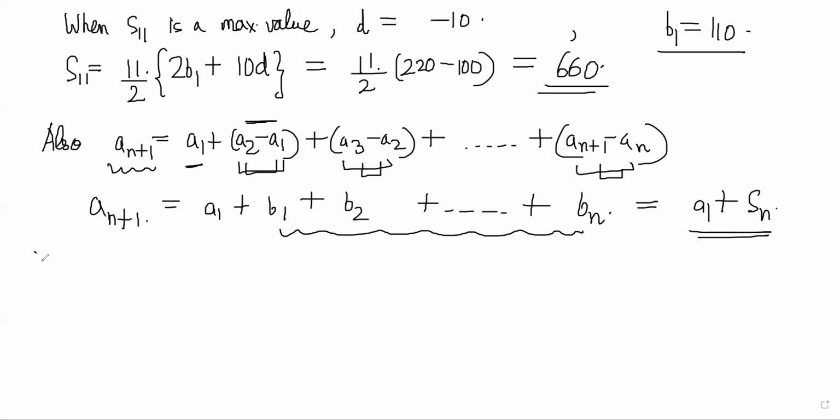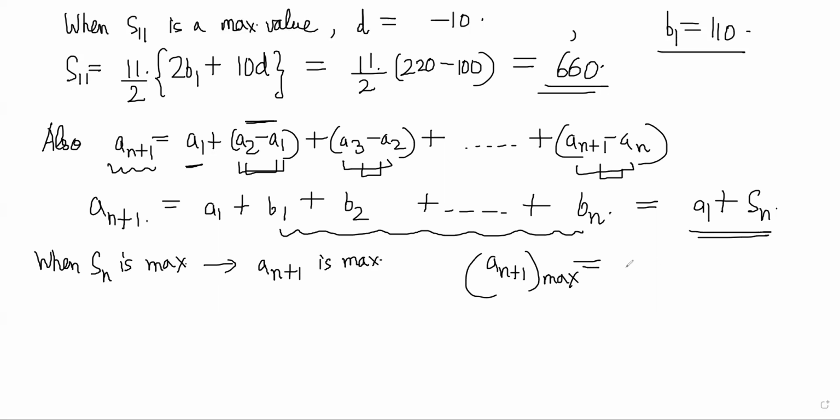So when Sn is maximum, that implies that An plus 1 is maximum, right? So An plus 1's maximum value will be A1 plus, let's say n was 11. So S11 is the maximum value. We know S11 was 660, right? So we can say that An plus 1 maximum is A1 plus 660,